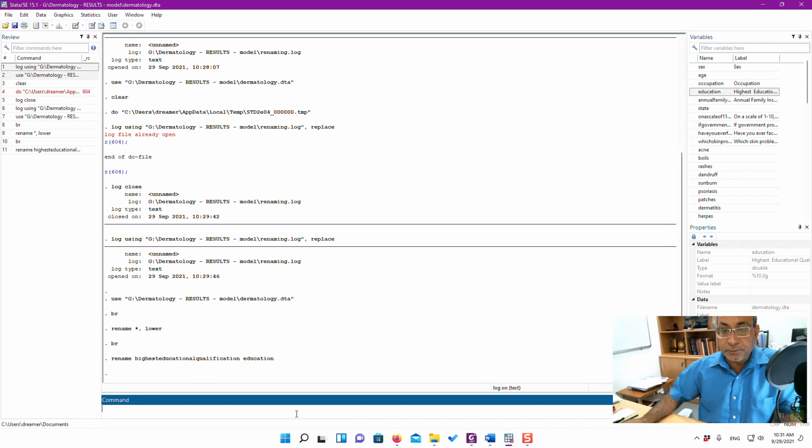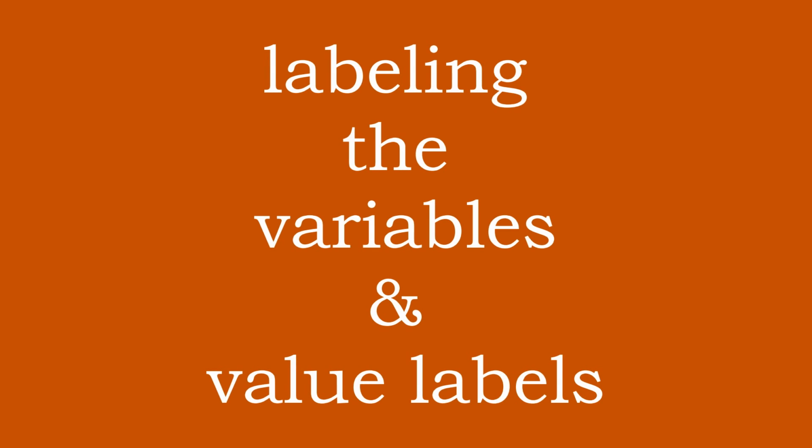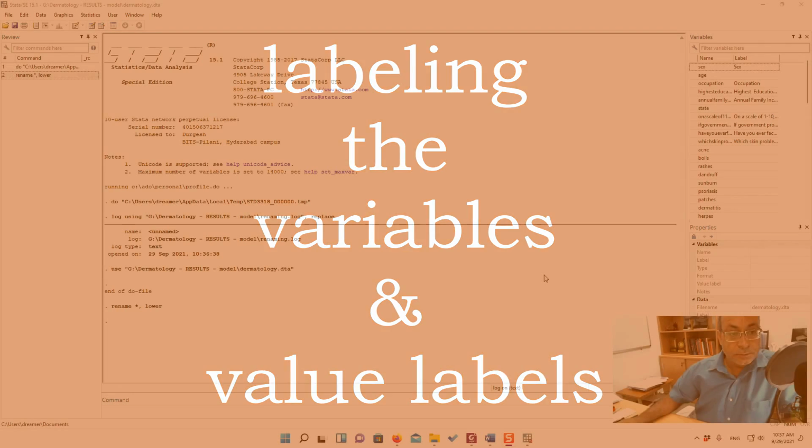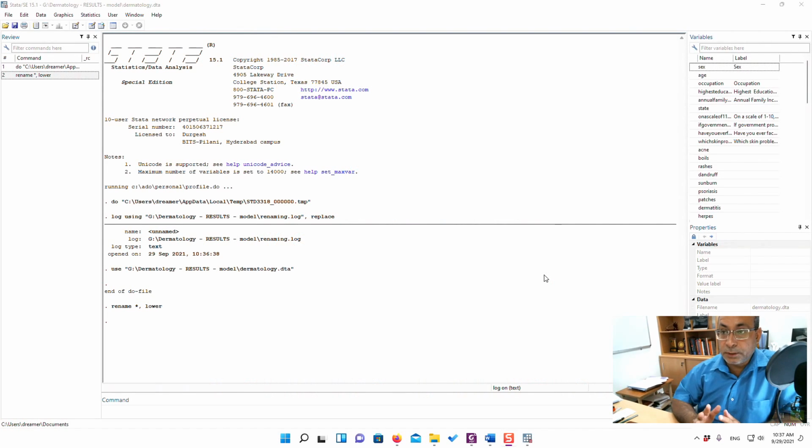Now to do one thing, so that you remember that this is actually the highest educational qualification, you need to enter this in the label. Here we already have the label. So I will enter a label in some particular variable where we don't have a label. So now we are going to define the variable label.